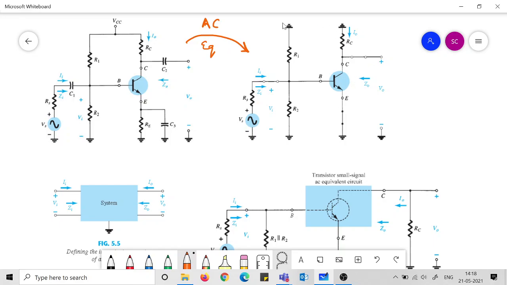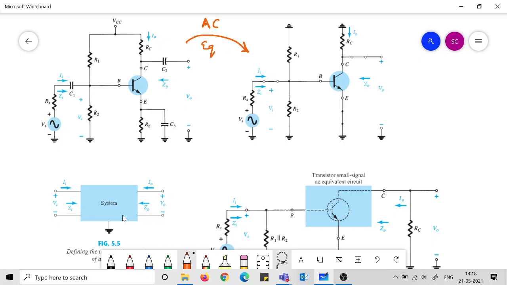So this is just a particular arrangement. This is a general two-port system. So in these blocks there can be any arrangement of your passive elements. Looking here in this general two-port system idea,